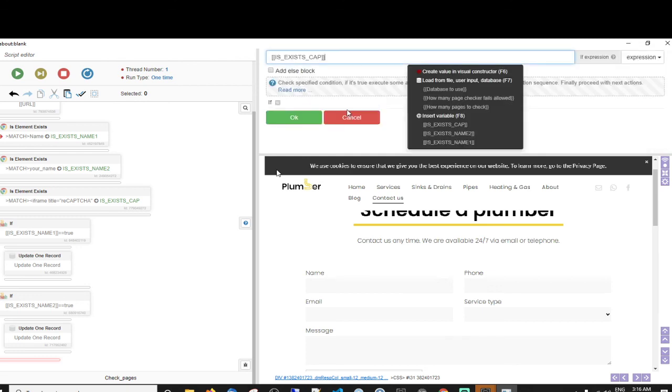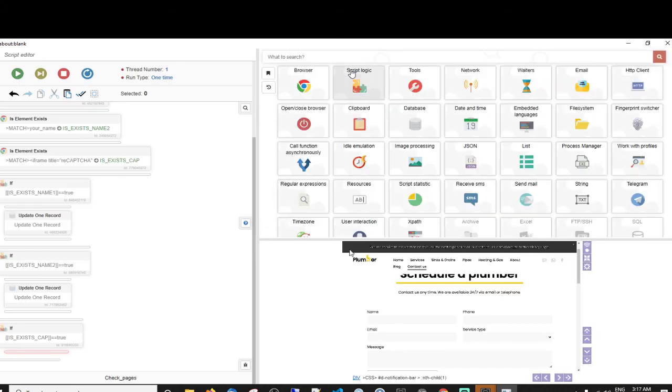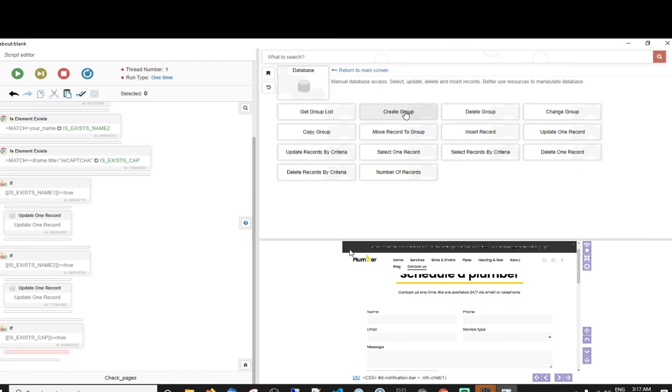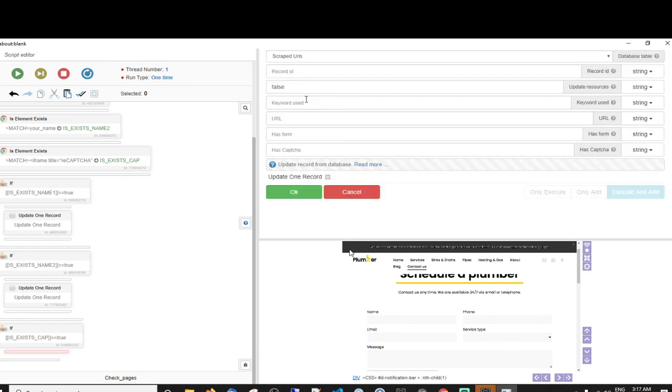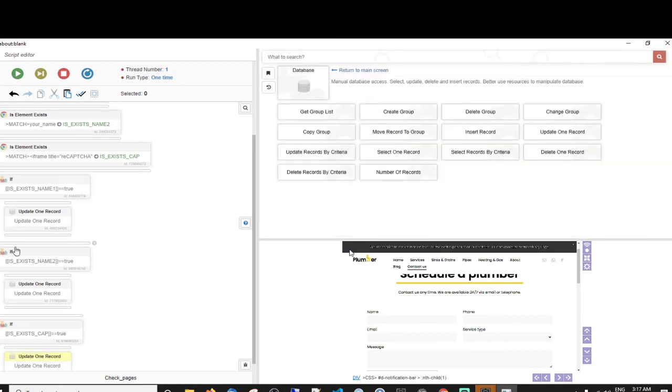So in other words, if there is a captcha on the page, then what we want to do is update the database again. Move this down so you can see database, and then do the thing. Update record as captcha. Yes.